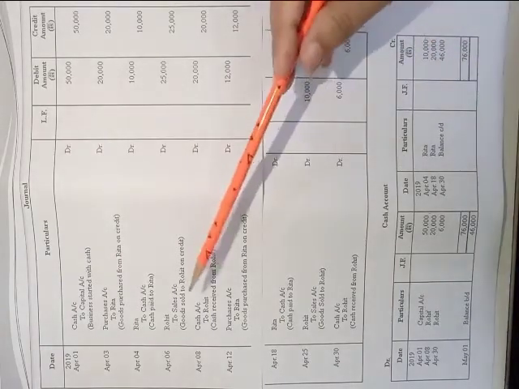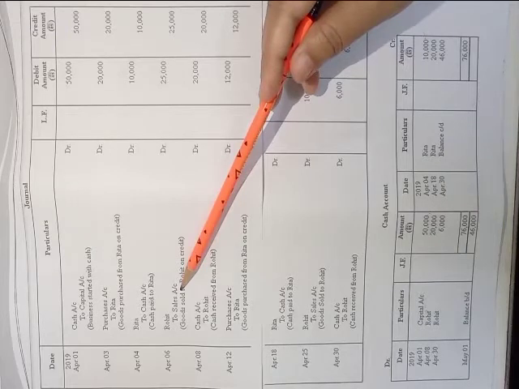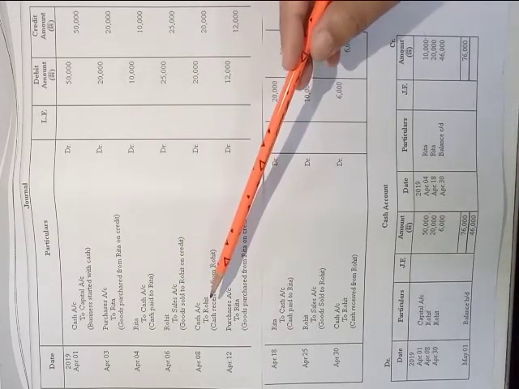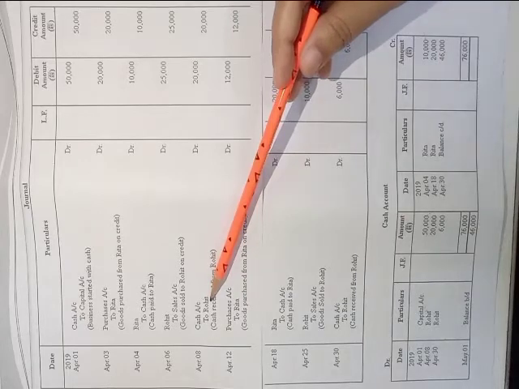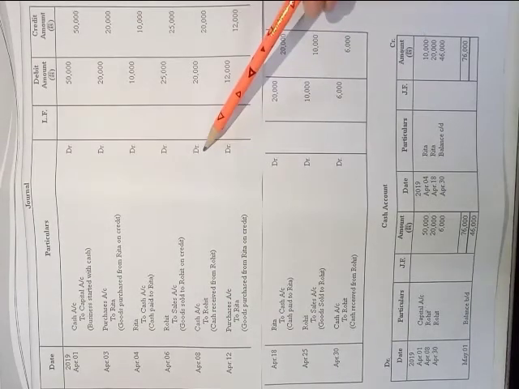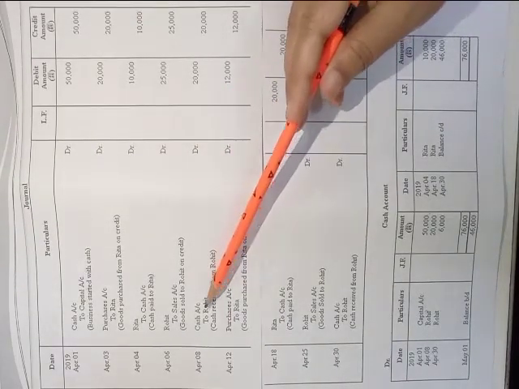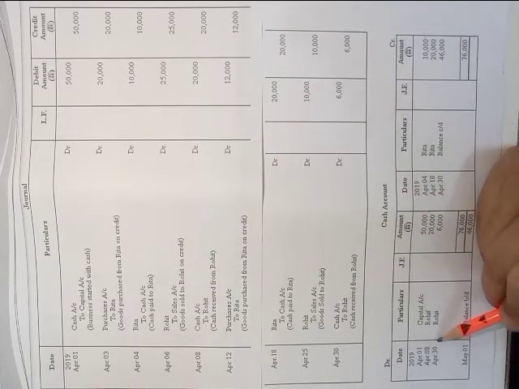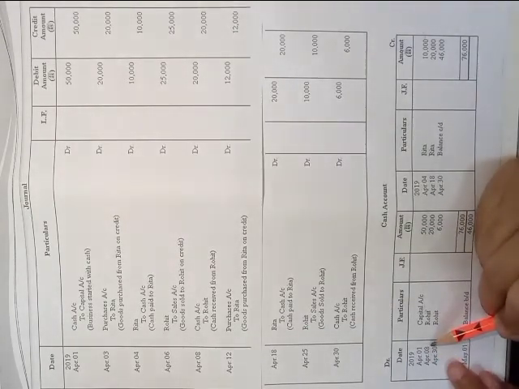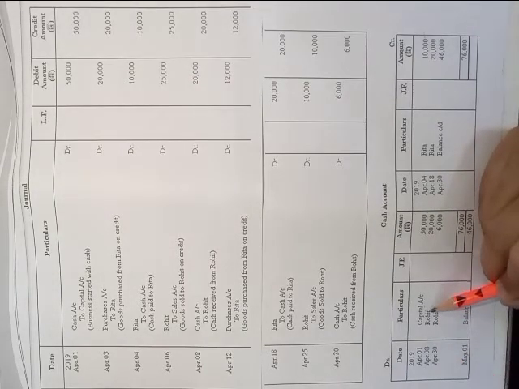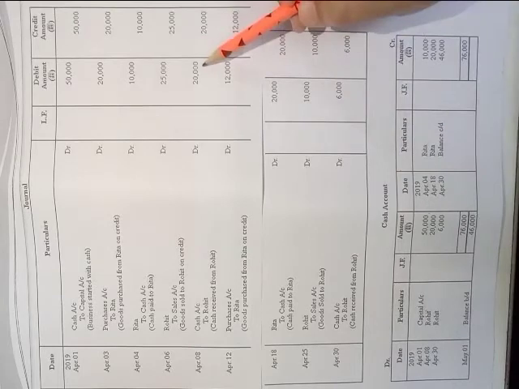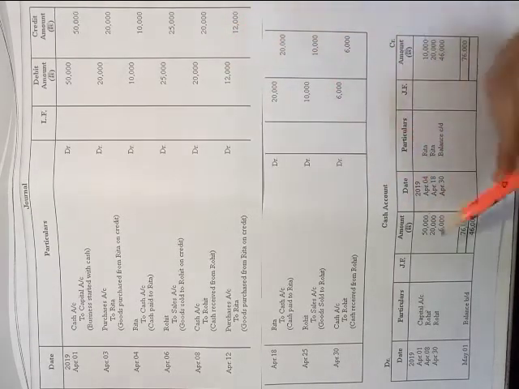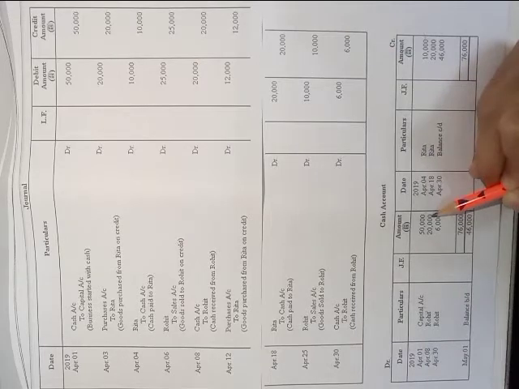Now the next transaction is again not a cash transaction, we will not post this in this ledger. Come to the next, April 08, again it is a cash transaction, and the cash account has been debited. So on the debit side of the cash account we will write the date April 08, and the name of the other account is Rohit. I have written here Rohit, and the amount of cash is 20,000, mentioned on the debit side.